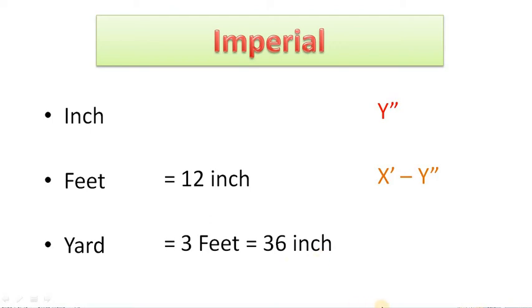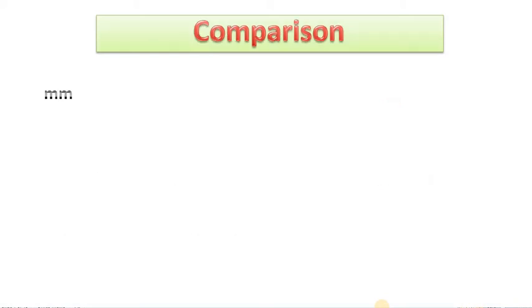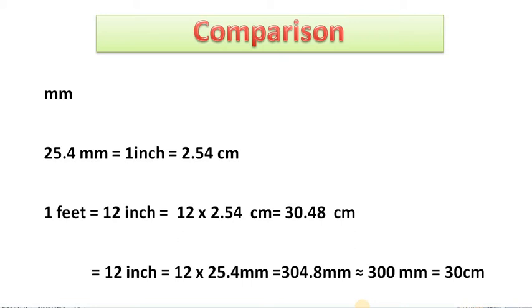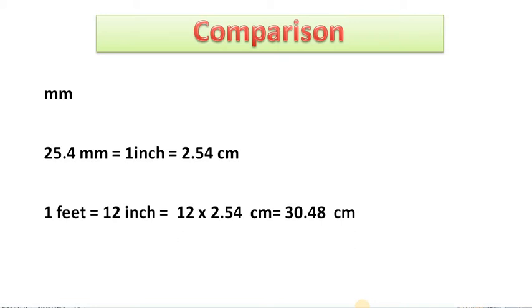Let us see the relationship between SI units and imperial units here. 25.4 millimeter is an inch, that is 2.54 centimeters. Already we have seen that 12 inches will be 1 feet. If we express in terms of centimeter, it will be 30.48 centimeter. For convenience, we say 1 feet is equal to 30 centimeter or 300 mm. With this relation, let us see the area measurement. As said, if 30 centimeter is 1 feet, then 300 centimeter will be 10 feet,